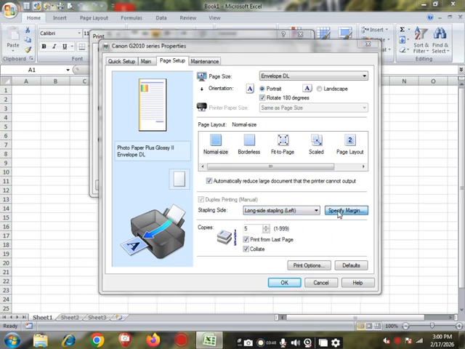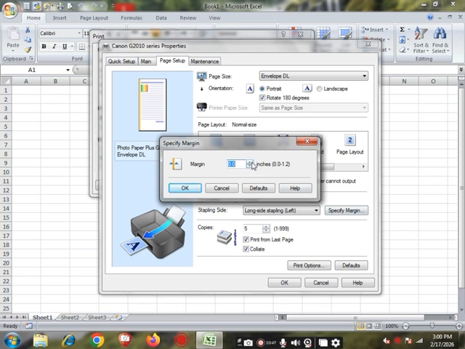This is the space margin, how much margin we need to leave. So this is the margin preview, and this is the button where we can type our required margin. By these arrows we can increase or decrease according to our requirement. Like I have set 5. This is in inches.